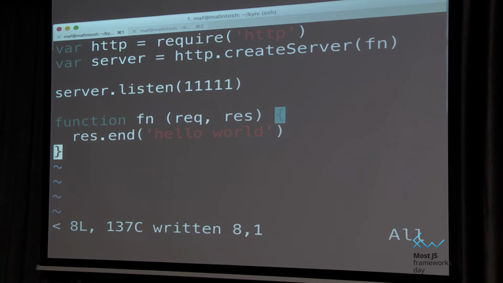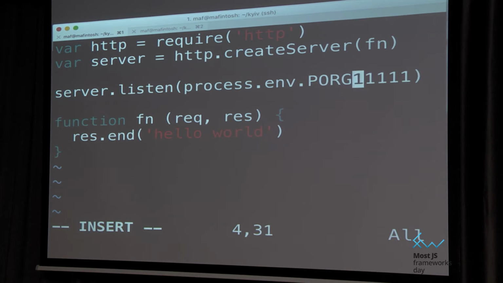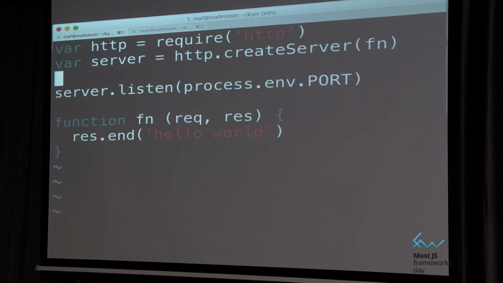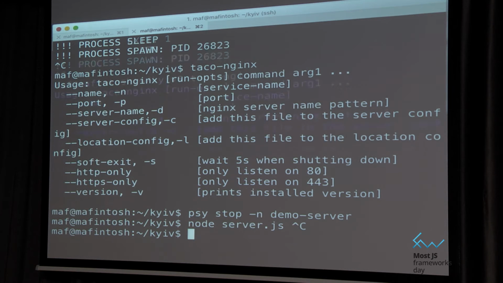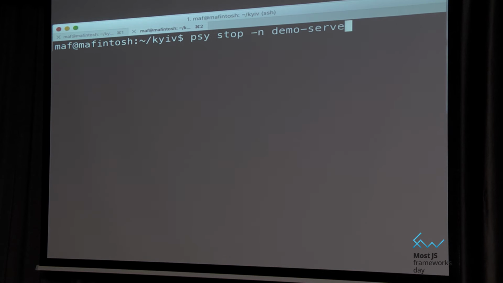So the cool thing about Taco Nginx is that the only thing you need to do is, instead of listening on a specific port, you just listen on the env var port. And then, assuming you have Nginx running, instead of just doing node server, you just do Taco Nginx in front of it.